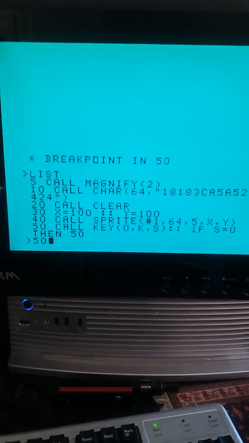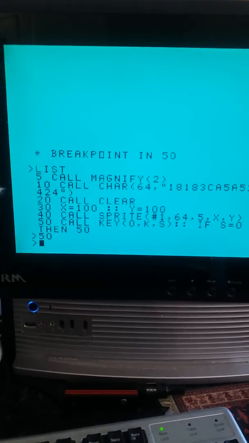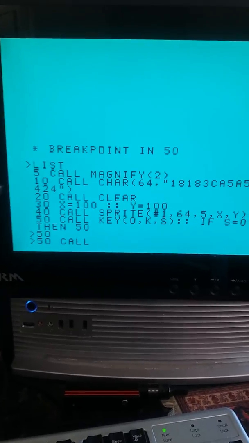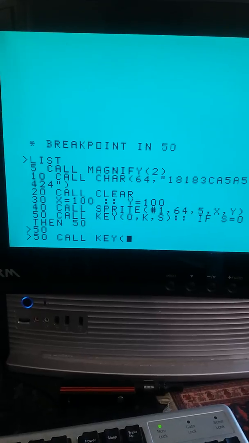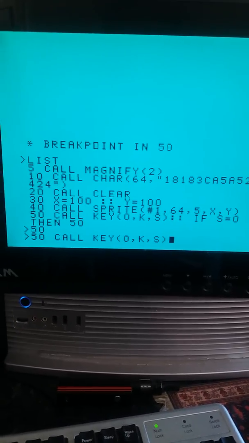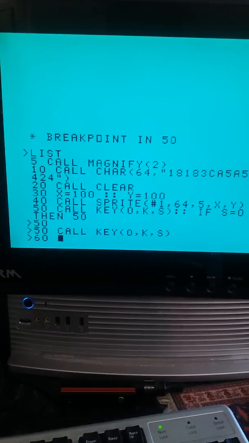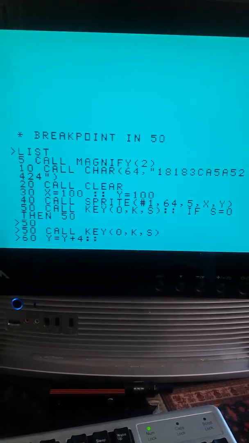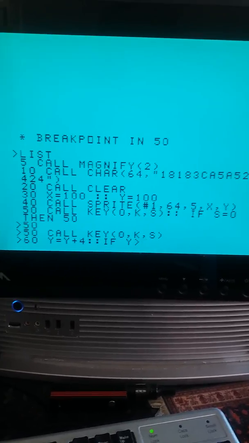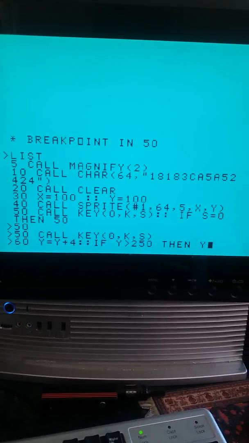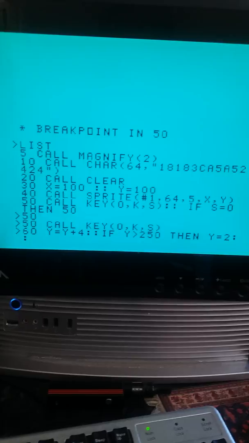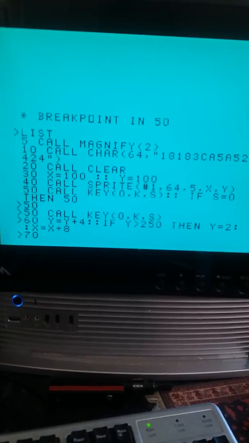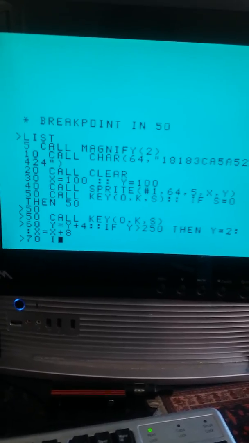If we get rid of line 50 we can have them moving in auto motion, or we can have them moving by pre-calculated numbers. So CALL KEY 0, K, S. And then line 60, Y equals Y plus 4. If Y is greater than 250, then Y equals 2, X equals X plus 8. Alright, so, and we put here,